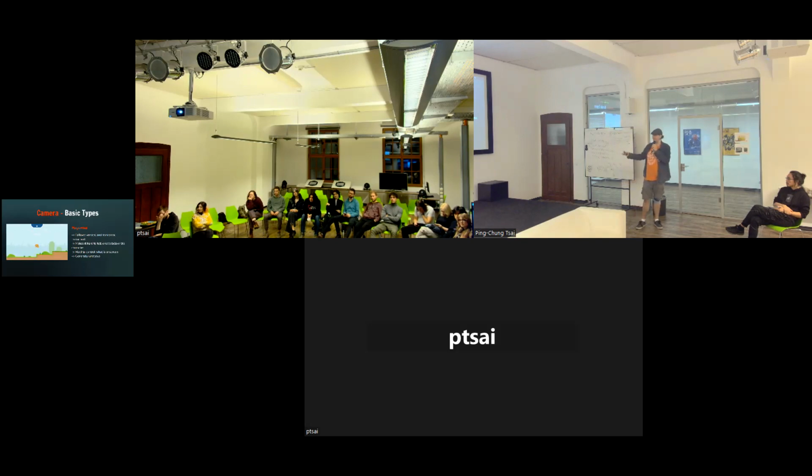So how the hell do you get the benefits of the locked camera onto this thing? Because maybe you want to have the camera follow your player. Well, there's a thing called ground lock or platform lock, where it locks the vertical movement of the camera to the ground or platform the character last stood on. For example, in Mario, you can see the moment Mario jumps and lands on the next platform, the camera moves up. If Mario doesn't land on the platform, the camera doesn't move up, it stays locked to the platform vertically. So it keeps what is below the character on the screen, so you'll be able to see the ground. It's easy to judge where you'll land, and it's an overall smoother camera experience because the camera isn't going all over the place.